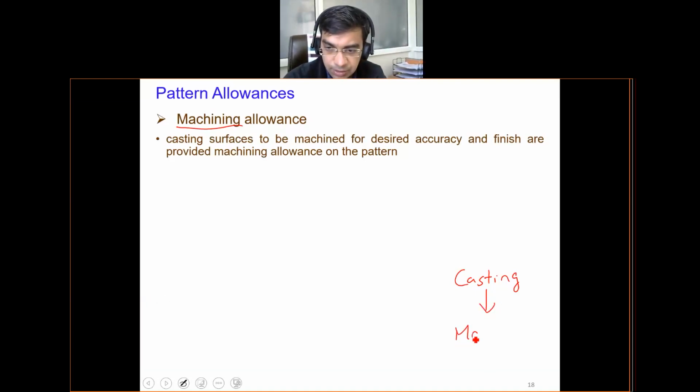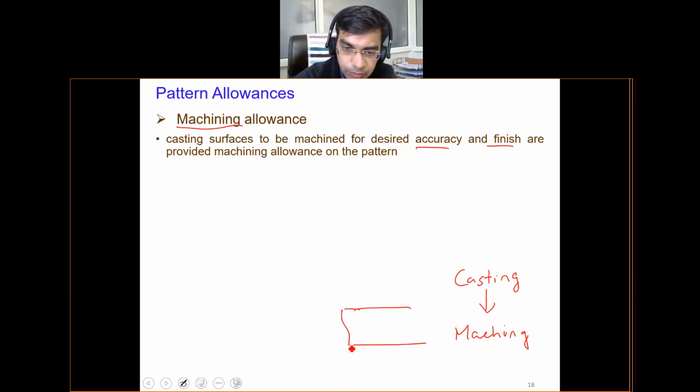So they are generally subjected to machining operations where excess material will be removed. These machining operations are done to basically impart accuracy and surface finish. So this means if you remove the excess material, suppose I am producing this shaft. A shaft is basically a cylindrical rod which is used to transmit power. If I intend to produce the diameter of the shaft as 20 millimeters, this is the final requirement.